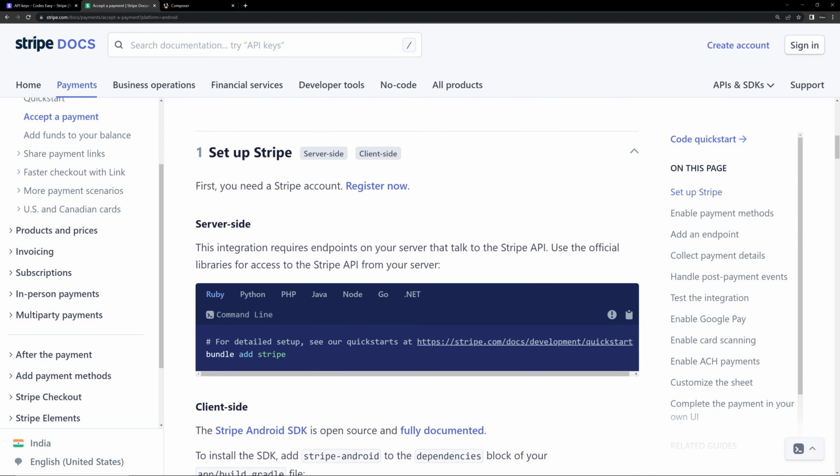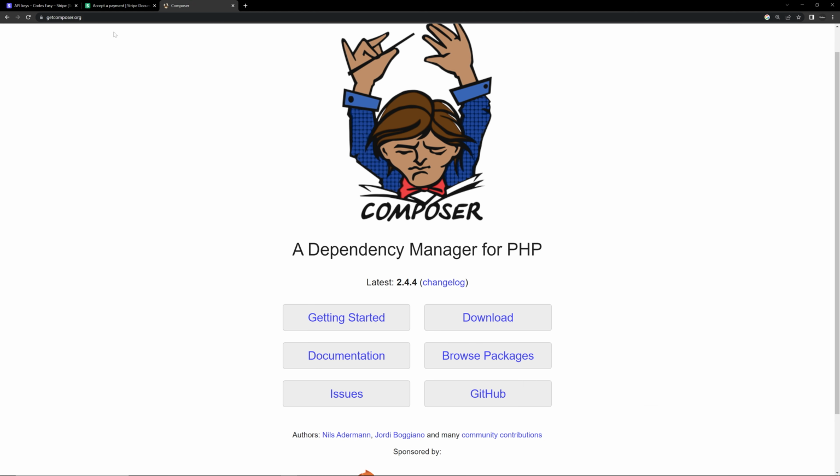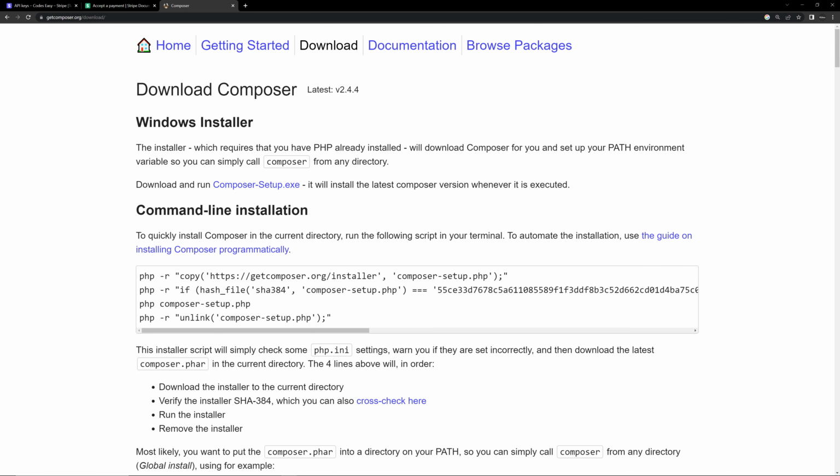And the next step will be to create the server side API. So we'll be using PHP for that. First of all, we have to require the PHP library to our project. So let's copy this. You can see that we are using Composer for this. If you don't have Composer installed, you can go to the website getcomposer.org and download it from here. You can see Composer-Setup.exe. Simply click on this, click next and complete the installation.